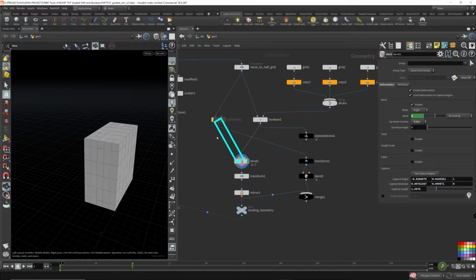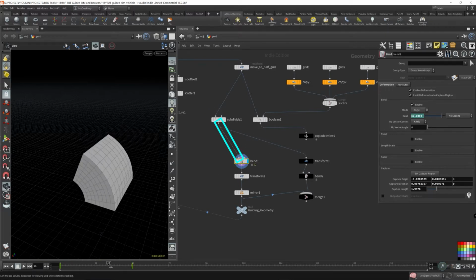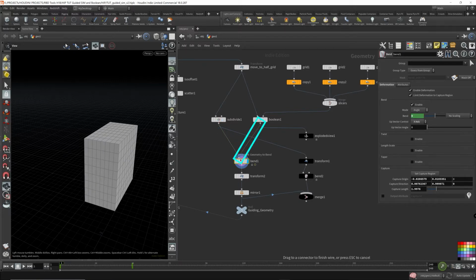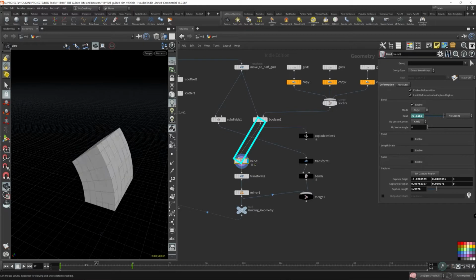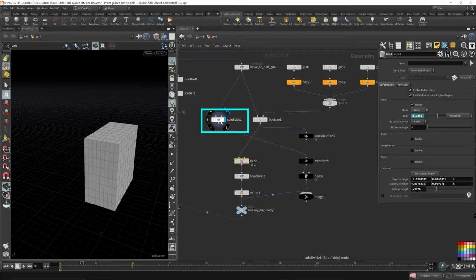So let's hook it up back to the subdivision, and let's just do a small comparison. The way that it bends, it bends almost exactly the same. There might be a slight difference, simply because the way I've sliced it has different topology compared to how it's subdivided.